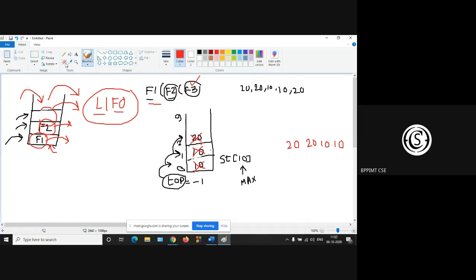So after 3 pops, the stack is empty. After the execution of 3 pops, your top is now at -1. Your stack is totally empty.